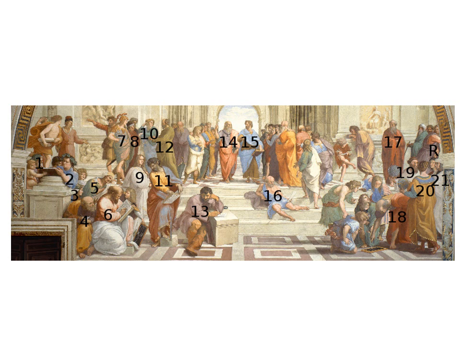Now, what's interesting about this painting is each of these individuals, nearly all of them, are intended to be specific thinkers of ancient Greece. So I'll give just a few examples. Take a look at the middle, number 14. That is Plato right there. It's interesting, Raphael decided to paint his contemporary, another Renaissance artist, Leonardo da Vinci, as Plato.